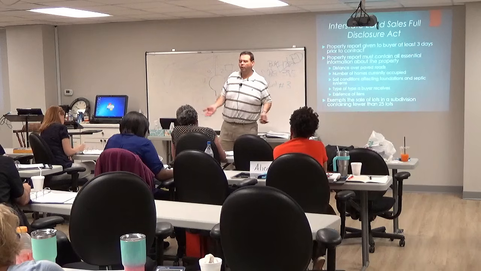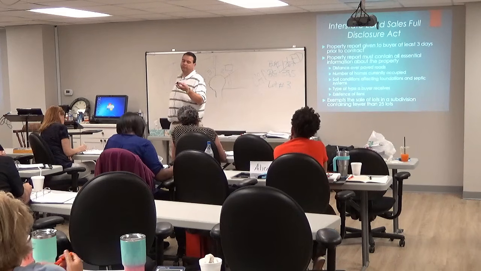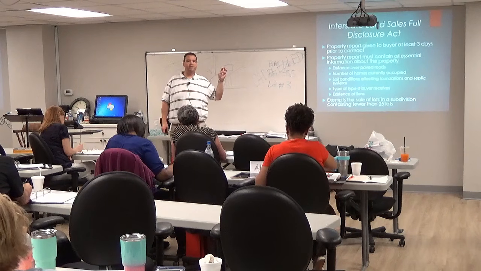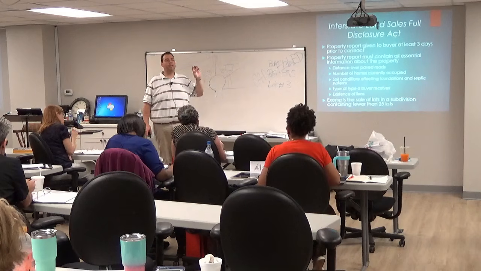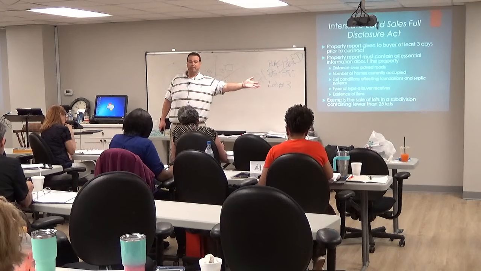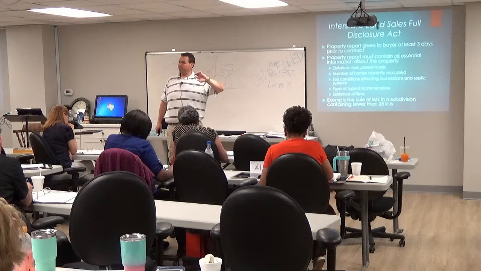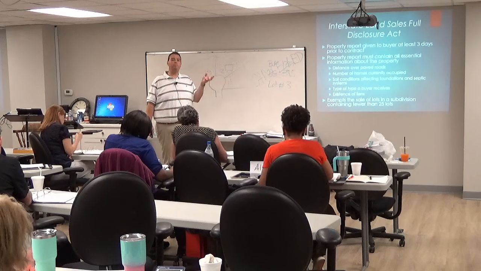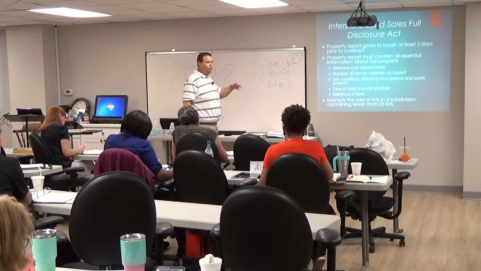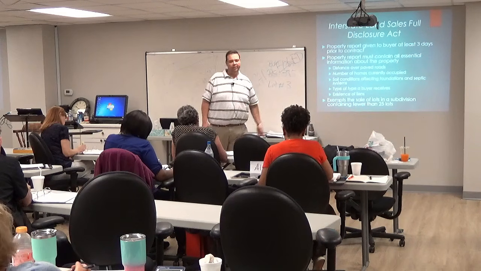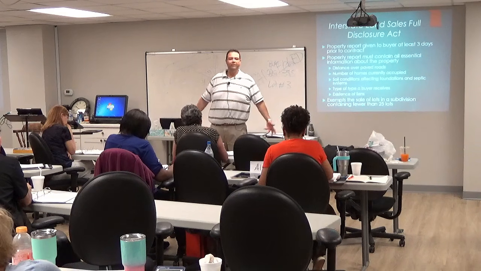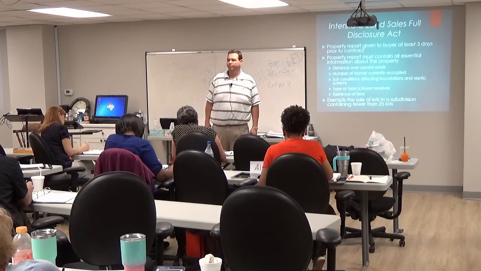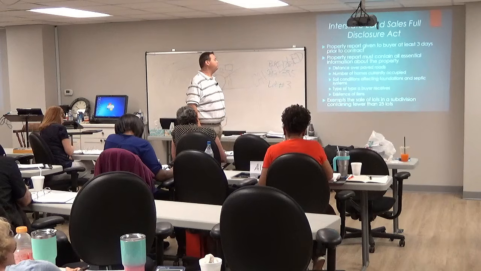Okay? So if you saw it on a test, the key things for the Interstate Land Sales Disclosure Act: the advertisement's happening what? Across state lines. It's on subdivisions of how many lots? 25. At least 25. And you're giving the buyer what? Information about the property, like how far it is from certain things. That's all you need to know about it. Okay? Everybody good with that? It's a federal law.